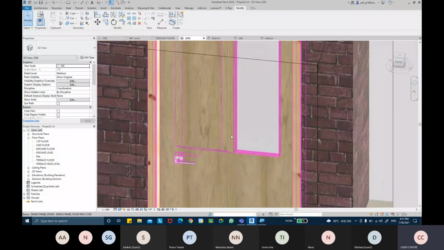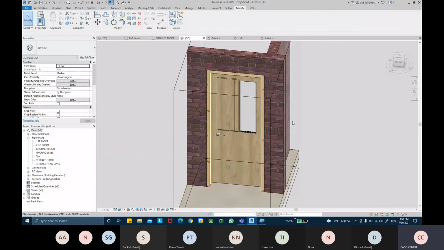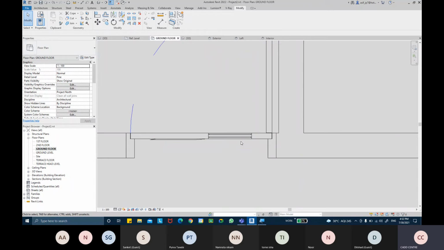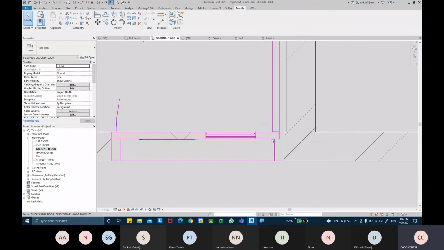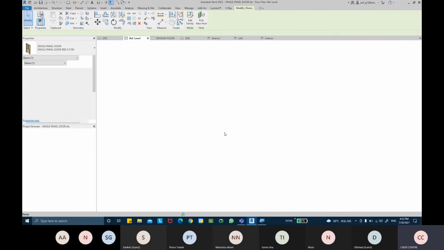It's holding the glass. So you can create any form of cut, void cut. I've just created a simple rectangular cut, but you can create an arc cut or a spline cut, a circular cut. Whatever form of cut you want, you can create it, and then you can insert your parts there. Now if I look at this from the plan view, I'm able to see that door shutter and everything. So maybe I have to re-edit in